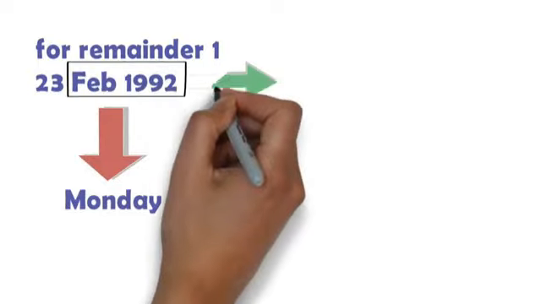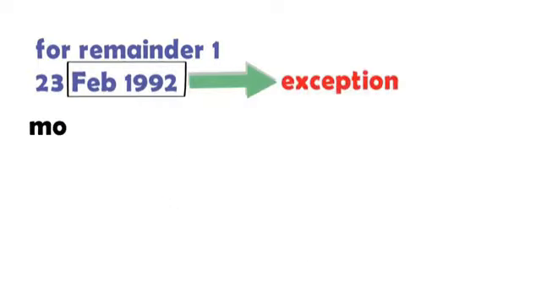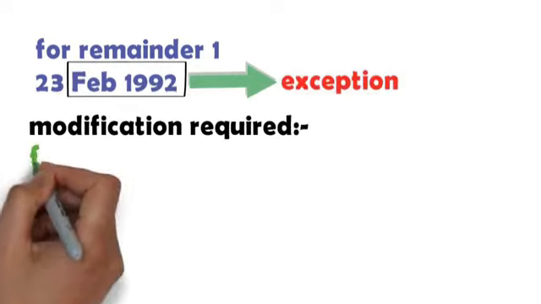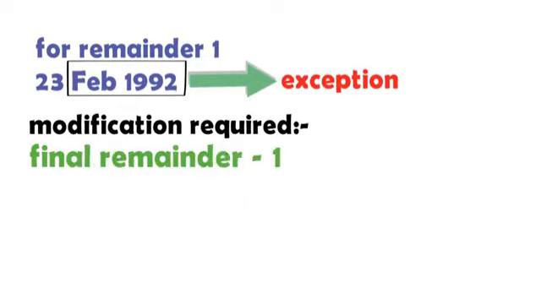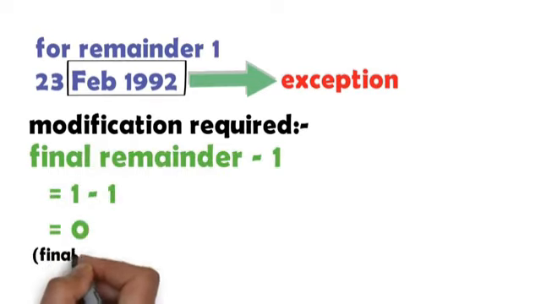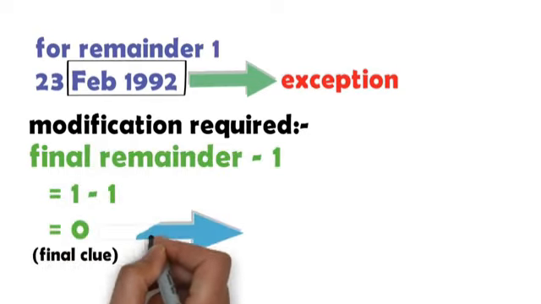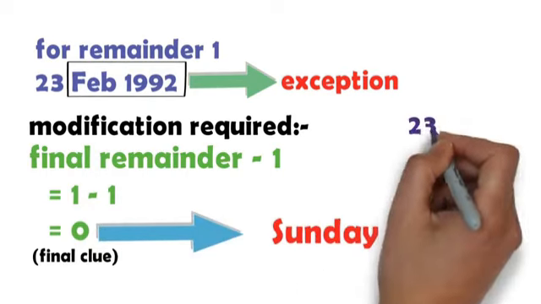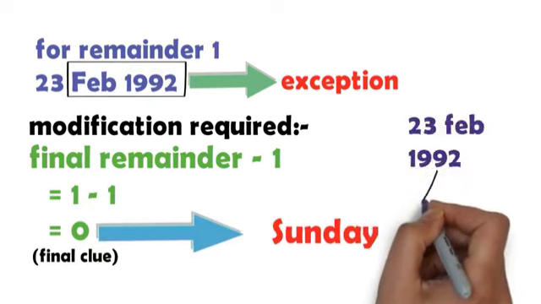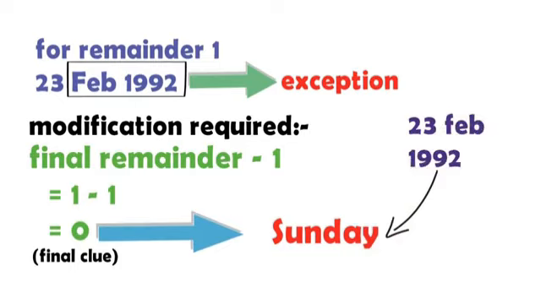But as it is an exception, a very little modification is required, and that is to subtract 1 from the remainder. And if we do this, we get 0 as the final clue. According to the week chart, 0 is linked with Sunday. So our date 23rd February 1992 is a Sunday. So this is